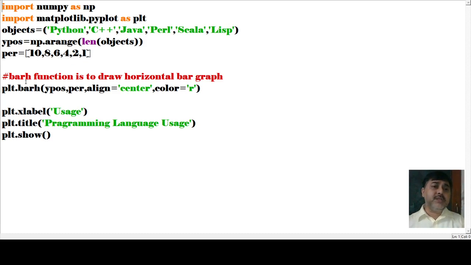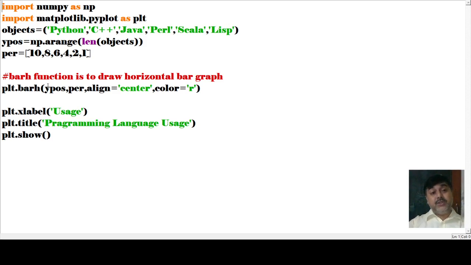So there is a bar function that we have for the horizontal bar: plt.barh. What is barh for? It is for drawing the horizontal bar.